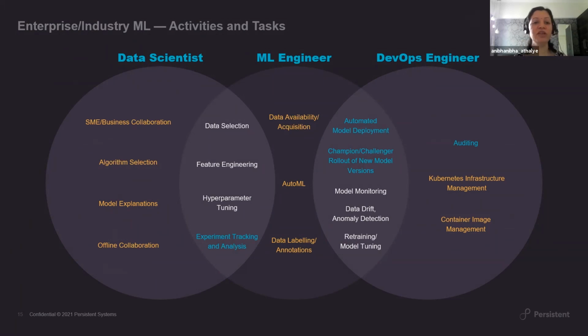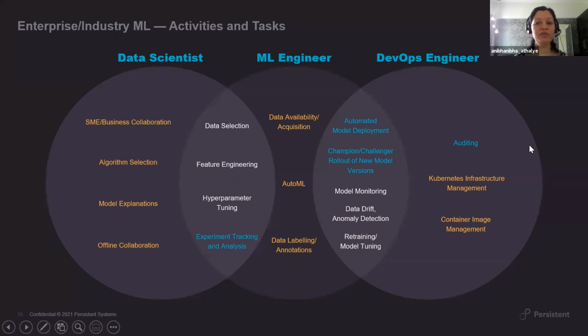The first part, on the left hand side, is the data scientist persona, very similar to what we spoke of from the research perspective, wherein you are doing the typical activity of taking in the data, analyzing the data, doing data pre-processing, feature engineering, anything and everything required to ensure you are getting a good model outcome. And the model outcome has to be aligned, of course, to the goal that you have in mind. And what is highlighted in blue over there, the experimentation tracking and analysis parts, also forms part of the activities that a data scientist is expected to do.